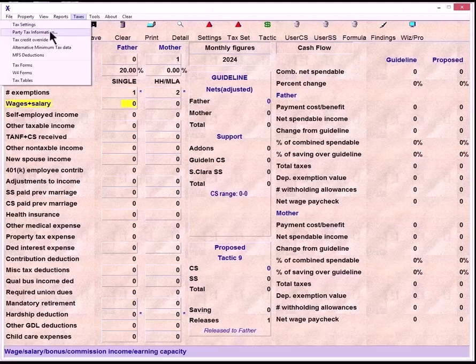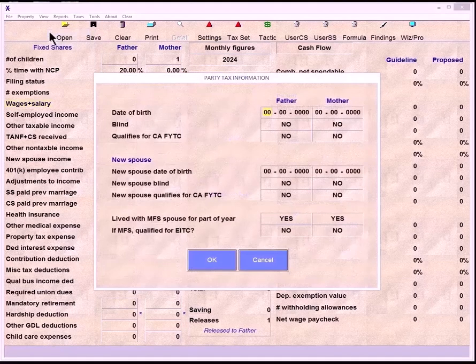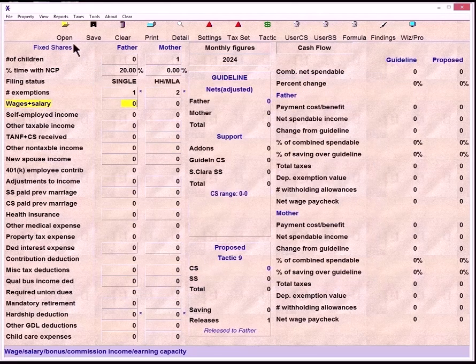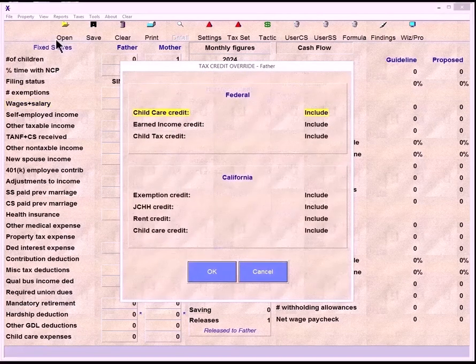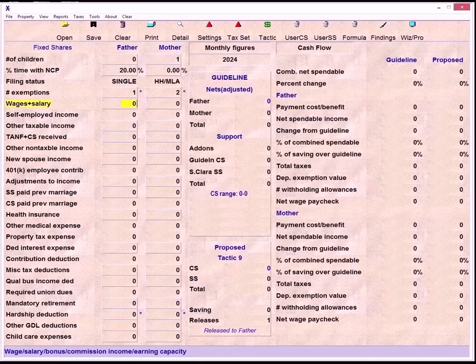The next item on the taxes menu is the party tax information. In this window, you can enter essentially the same information as you do on the Party Info drop-down input field in DismaSter. Next, we have the option to include or exclude various federal and state credits in the Tax Credits Override submenu item. The last item for setting up the tax settings in this program is the selection of whether the parties